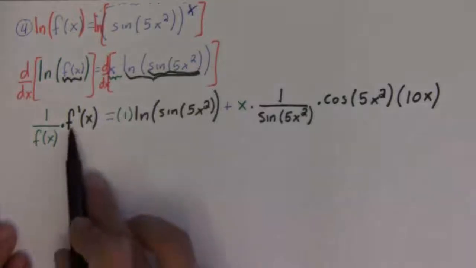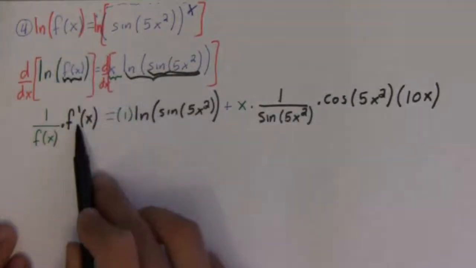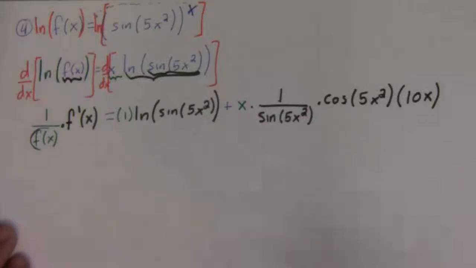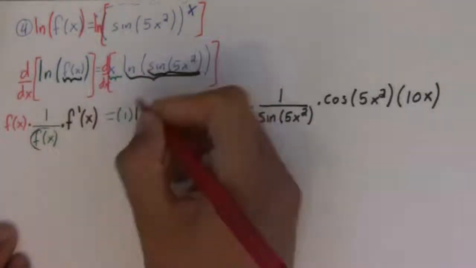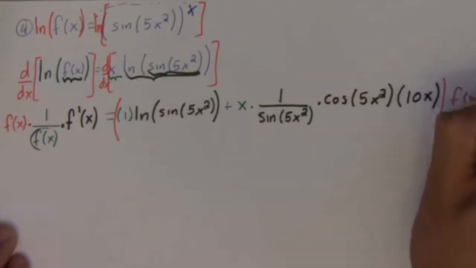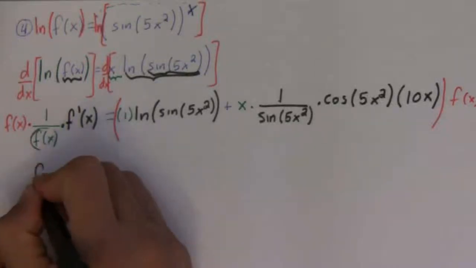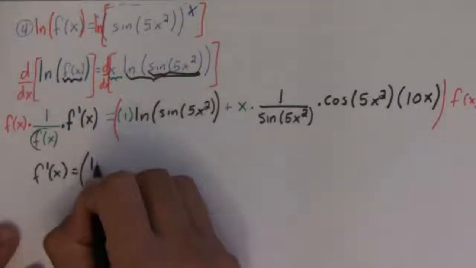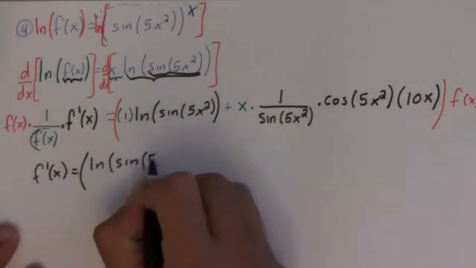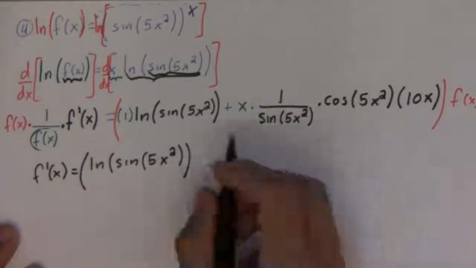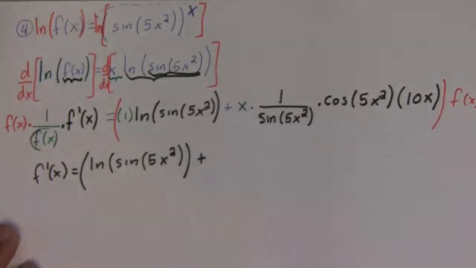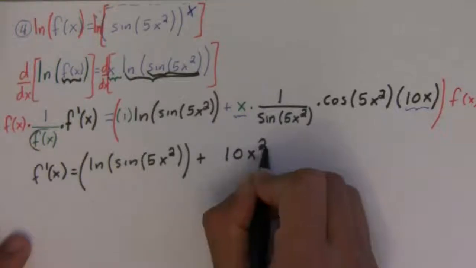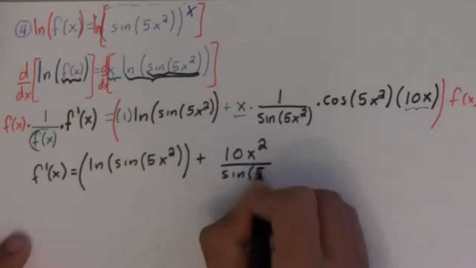And then the last step, see what I'm looking for this whole time is the derivative of f. Well, I have the derivative of f here. What I want to do is move f of x over. So I'm going to multiply both sides by f of x. So then what I have is that f prime of x is equal to, I'm just going to clean this up a little bit, natural log of sine of 5x squared plus, here I'm just going to combine this 10x and this x here, those combine to be 10x squared over sine of 5x squared